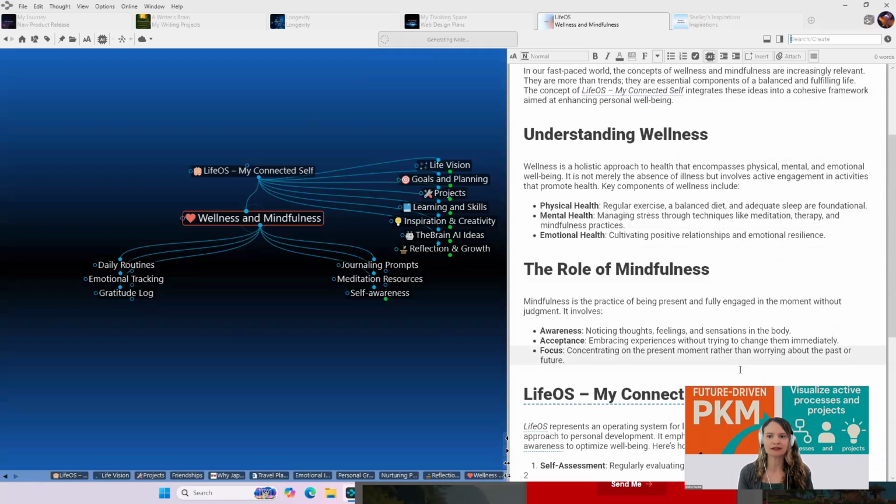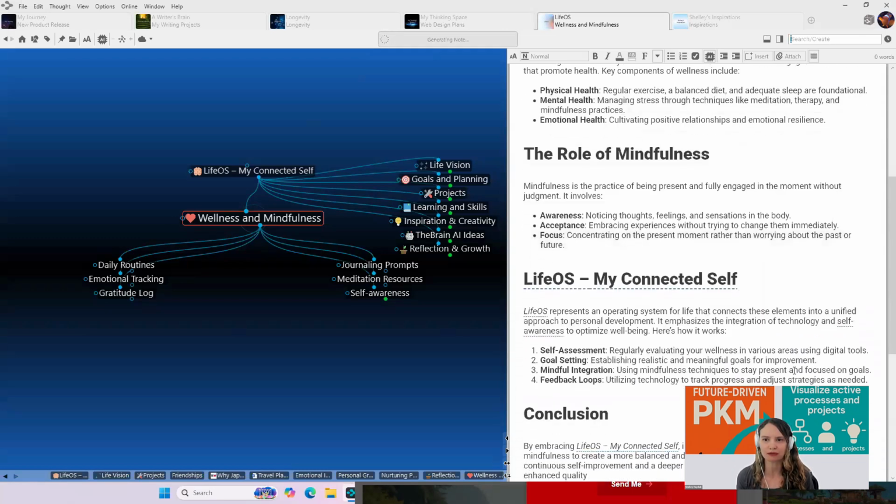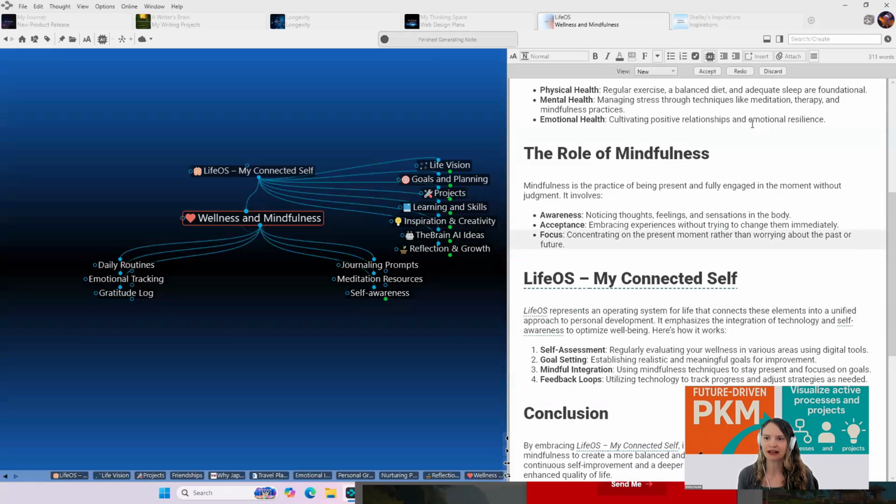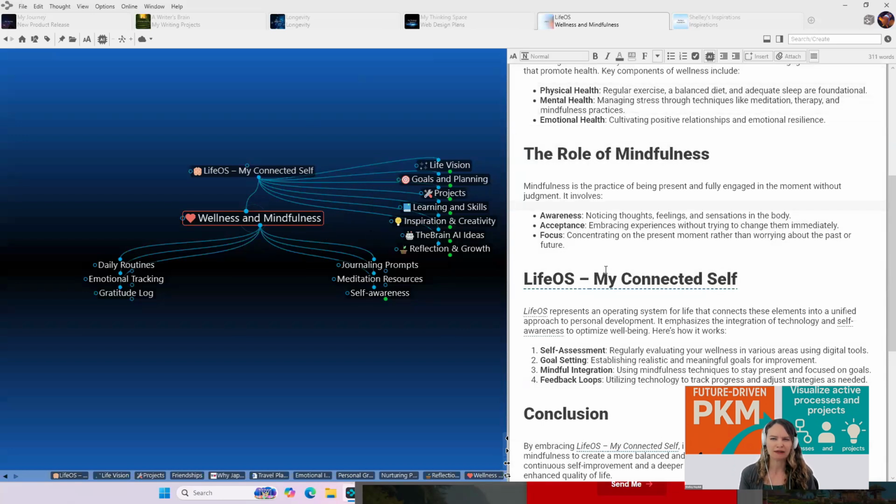And so now I've got a nice note here that's actually being generated through AI. I do have the ability to accept or discard or redo this if I want to summarize. In this case, I'm just going to accept the note. It looks pretty good. I like the idea of going into all these different areas of wellness. So I'm going to accept that. And now I've got a note. So my own ideas are sort of starting to merge with artificial intelligence, and that's coming together nicely as well.